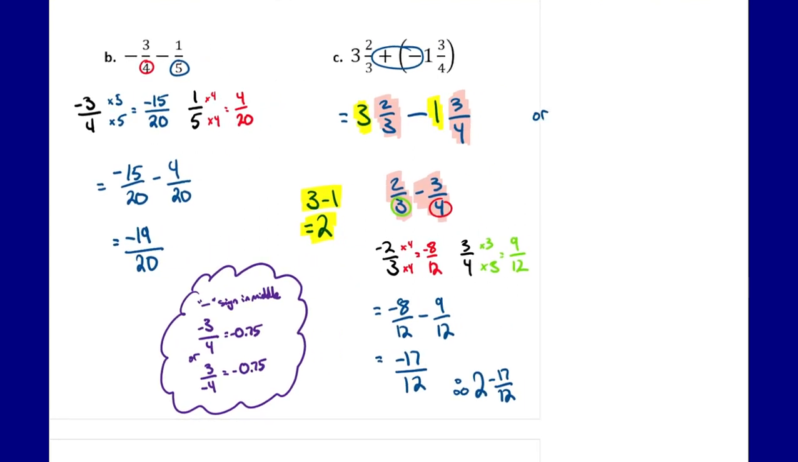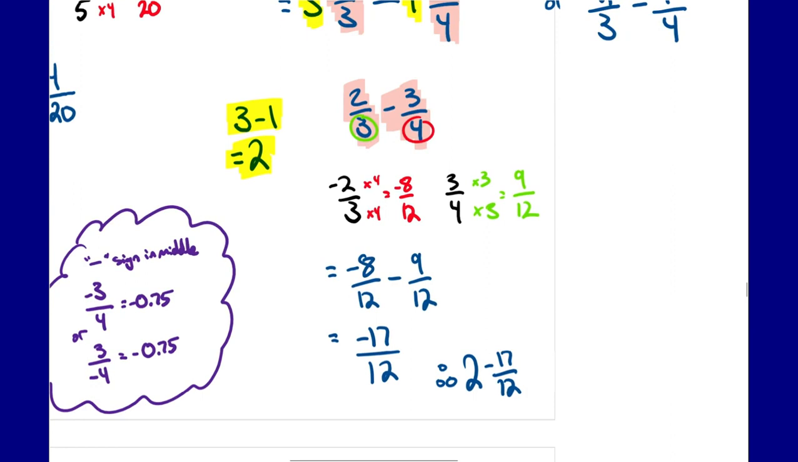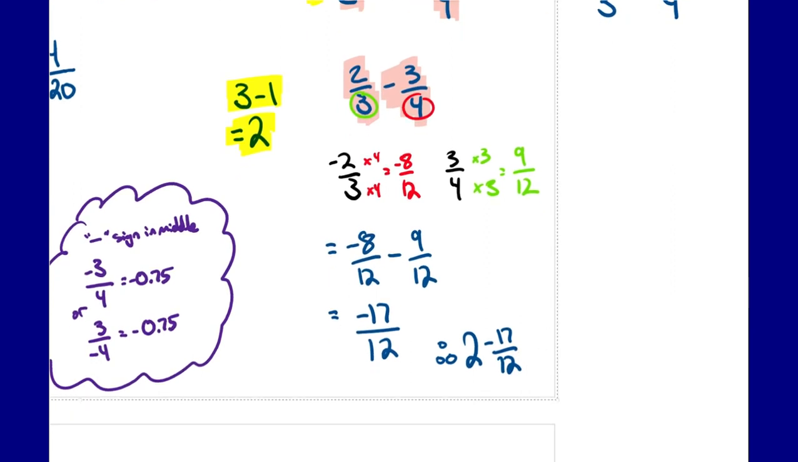So you could do 3 times 3 plus 2, 11 over 3 minus 4 times 1 is 4 plus 3 is 7 over 4. So you could do that as well, and you should get the same answer. This makes it a little bit more difficult. So I actually have to go back down here and simplify this a little bit further, because this would be 2 and negative 17 twelfths, or 2 minus